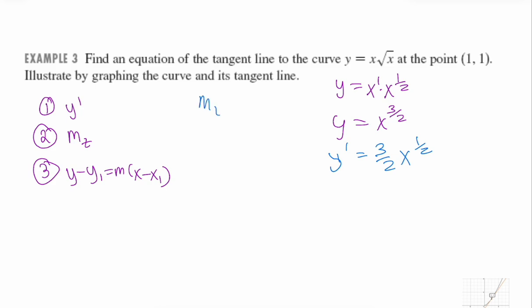So our slope of our tangent, using the point 1, 1, we have to plug in an x value of 1. So that'd be 3/2 times 1 to the 1/2. Well, luckily for us, 1 to any power is 1, and so that's 3/2. So step 1, we found the derivative. Step 2, we plugged in the x value to find the slope of the tangent. And then our last step